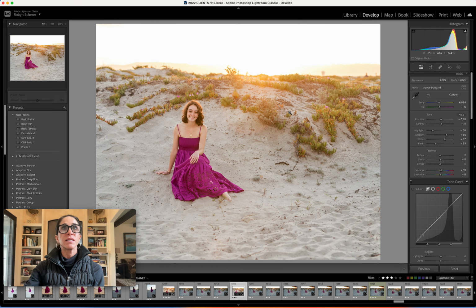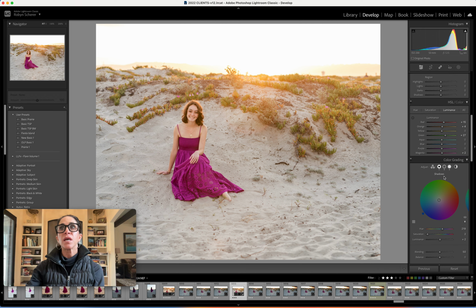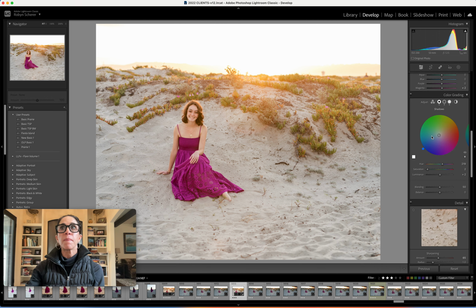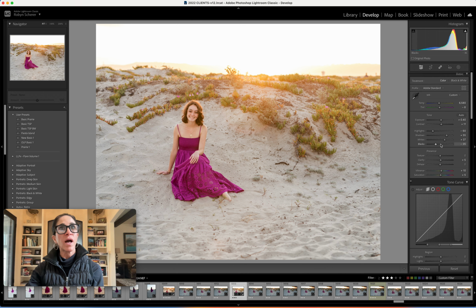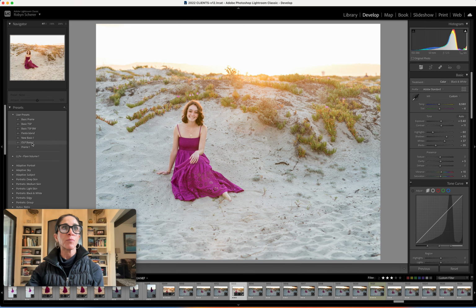So that is how you can use the color grading. Now, I don't use that a whole lot, as I tend to use my basic presets, and I will move the sliders accordingly and how I feel like the image should look. And you'll also go off how it felt at the session, what the weather was actually like when you were there. So again, you don't want to make crazy changes on your images. You want to enhance them, you want them to pop, and that's kind of what you're looking for. So with that being said,